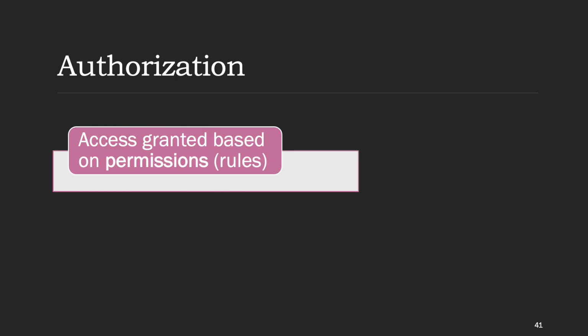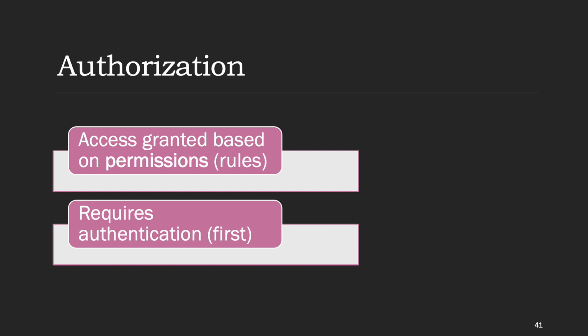Authorization is different from authentication. Authorization is about giving certain permissions to system users or system processes. So the permissions can be either to execute programs, write, or read to storage. And the way that we grant access in our system, of course, depends on the user or process roles and the rules that are linking the roles to grant certain permissions. So this is based on certain rules. But in order to grant access, we of course first want to make sure that we are granting this access to the correct user. Therefore, authorization actually requires authentication first.